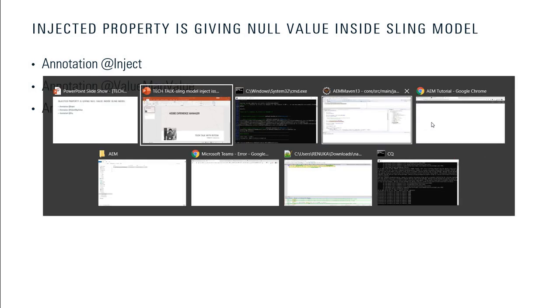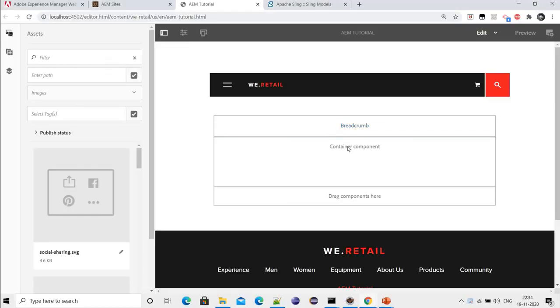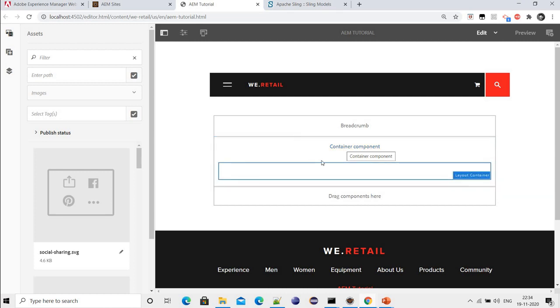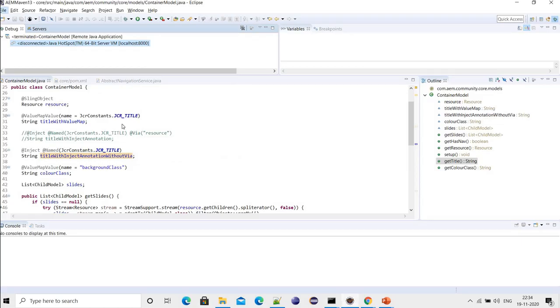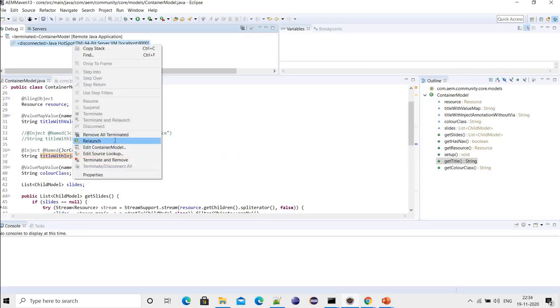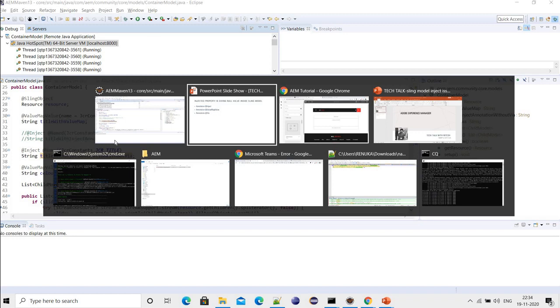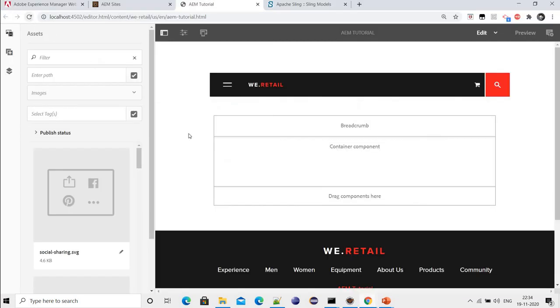So let me go to the demo. What I have done, I have just created a simple component in which I have given one property called jcr:title. Maybe I will just enable the debug mode of my code. I will refresh the page,